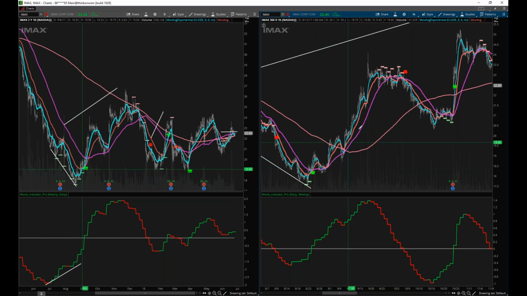It just walked itself right up the hourly 50. And then it went sideways here. We got a whole bunch of Moxie warnings telling us that something was up, and then we got our trigger exit right there, right as price crossed through the hourly 50, and that's where you're out. So you're here, you're in there, you're out there.